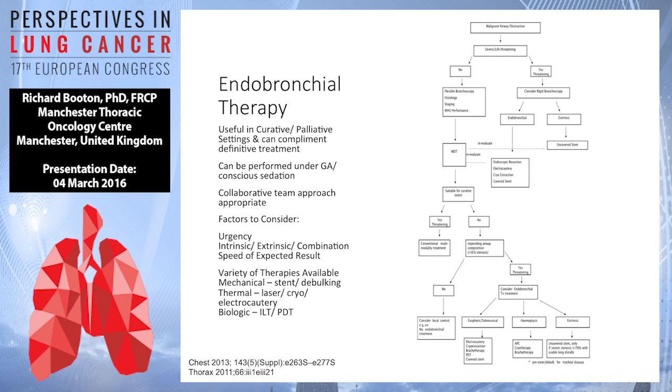There's very good overviews of endobronchial therapy in the BTS guidance from about 5 years ago, in the ACCP and the ERS. These therapies can be both curative and palliative, and I think they're often overlooked in a curative sense, and can be very good at relieving distressing stridor, and certainly provide patients with a much more comfortable death with minimal interventions, really. We can do them under general anaesthetic or conscious sedation, but it does require a good MDT